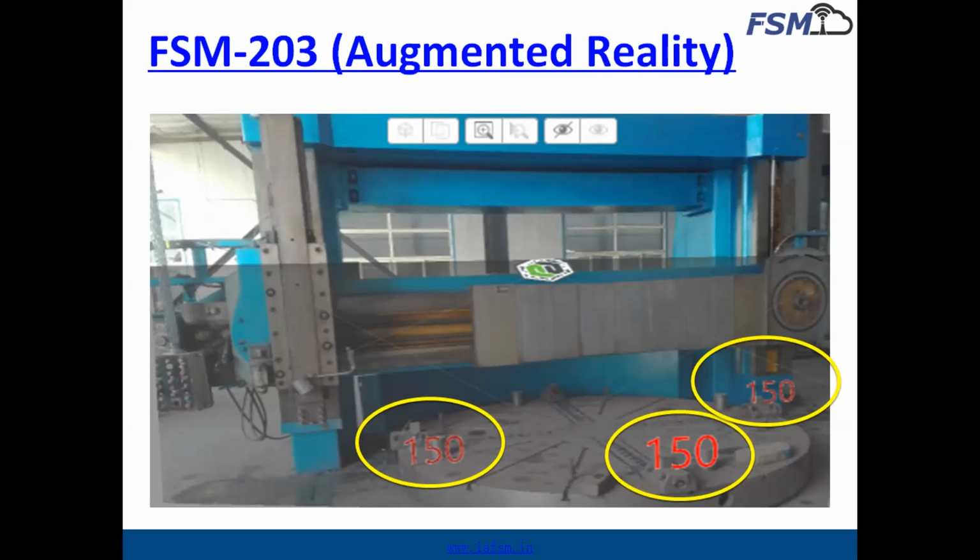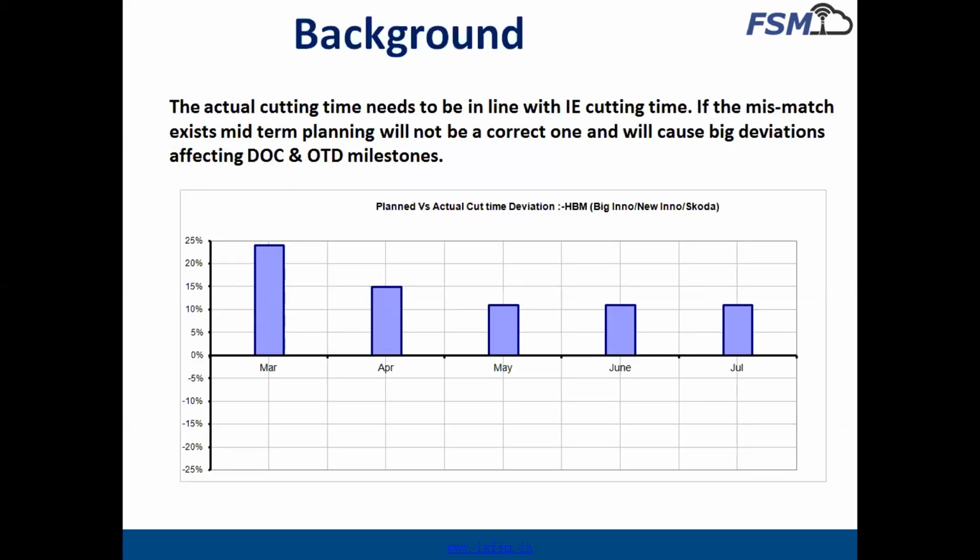Now in this FSM 204, as it is a project-based company, from project to project there is a little bit of change in the design, size and shape. Due to that change in the design, it is very difficult to plan the process time. It is very difficult to predict what will be the process time on that particular machine. So planning is the most difficult activity in a project-based company, and the reason is frequent design change.